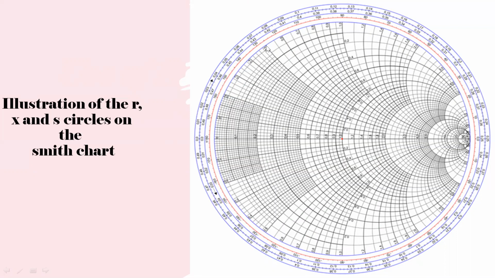The Smith chart is shown on the right hand side of the screen. Here, the Smith chart is represented with the superimposition of R and X circles. Please look at the pointer. This is the x-axis of the Smith chart. The Smith chart x-axis shows the gamma real axis. If you start from this portion, it starts from 0 and it ends at infinity for the maximum resistance values.